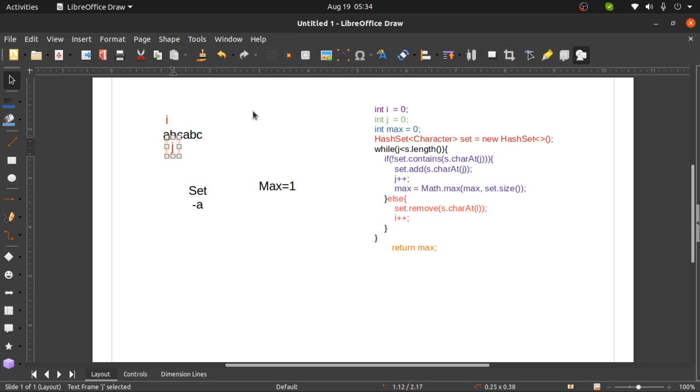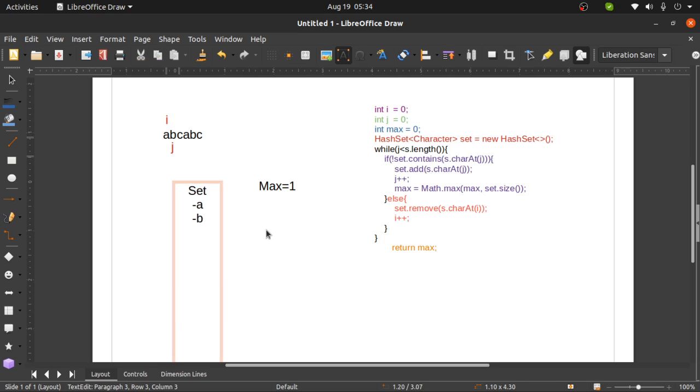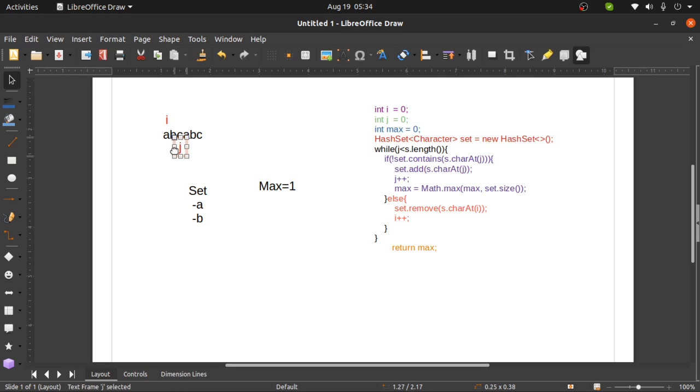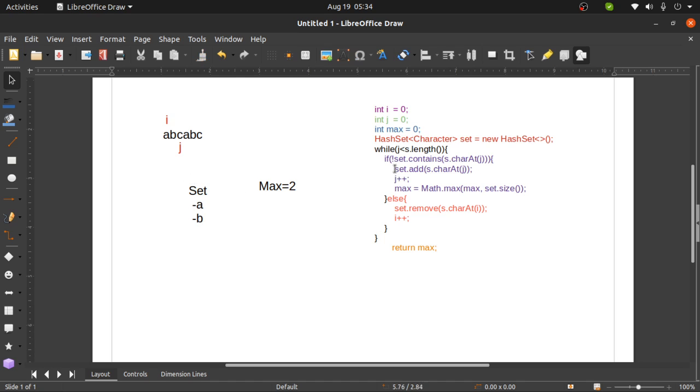Continue doing the same, next iteration. We are at B, sorry. B is not in the set, so we add it into the set. Increment J. So J will scan the entire string, and I will only move when there's a removal, okay? It's the same in many string questions when we create 2 pointers. So what do we do now? B, J incremented, and our new size is 2. We have 2 unique characters, and all unique characters are in the set, right? So we continue,